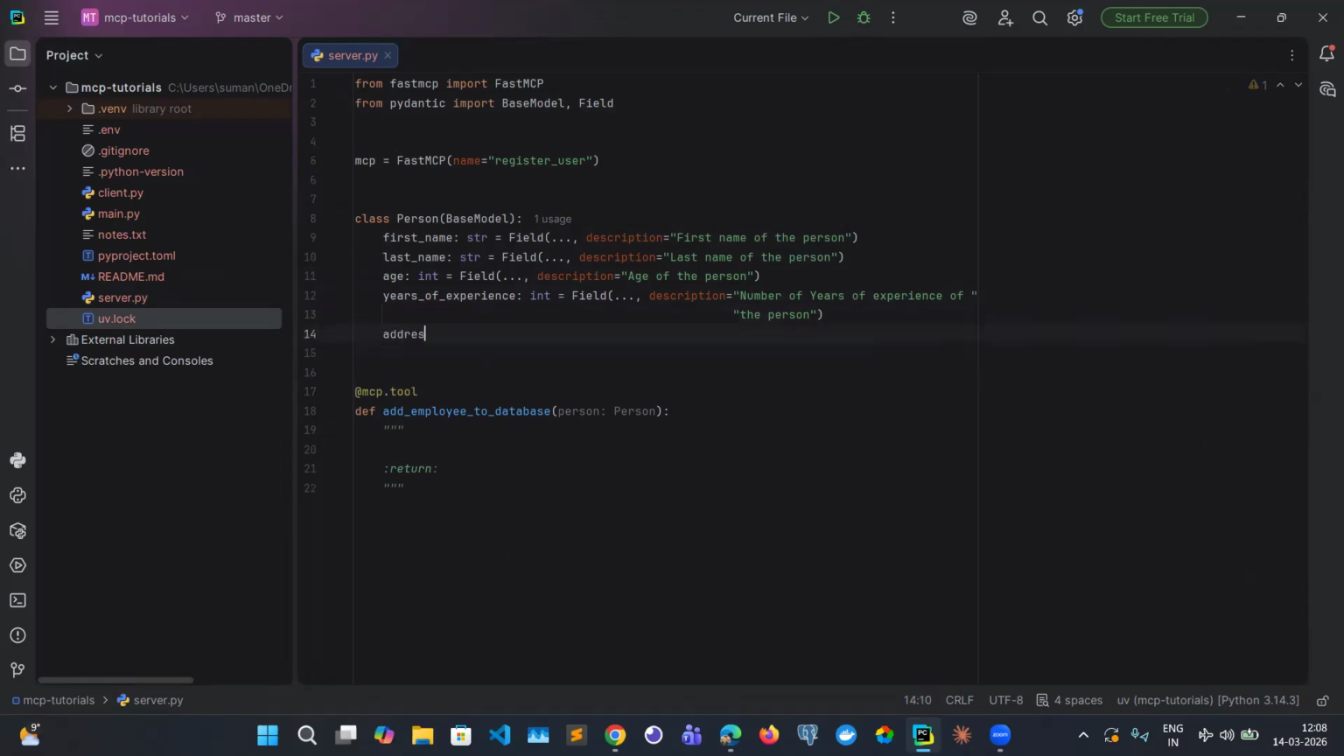And then addresses, and this will be a list of string, and basically all the previous and current addresses of the person. All right. Okay, so we have defined our model, and all the validation will be automatically handled, because